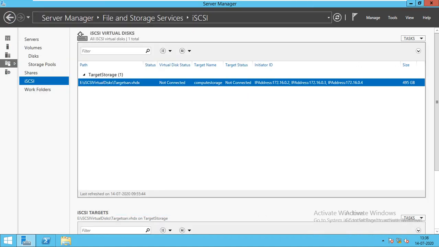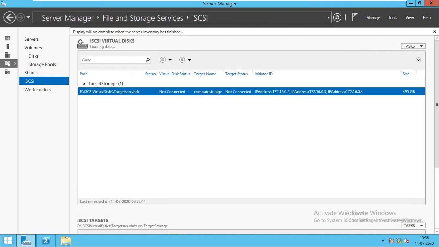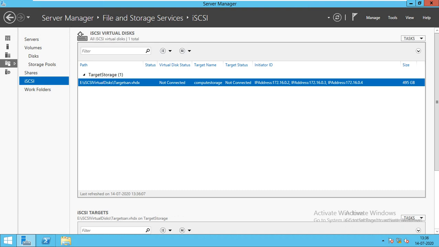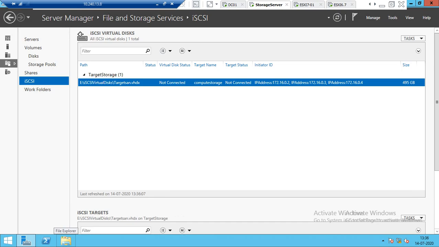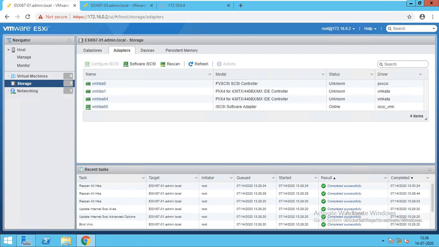If you refresh here, it's showing not connected, correct? Again showing not connected. So what you do, you just need to go to your servers where you have it and go to the adapter and just rescan, because we had configured but it was not configured.